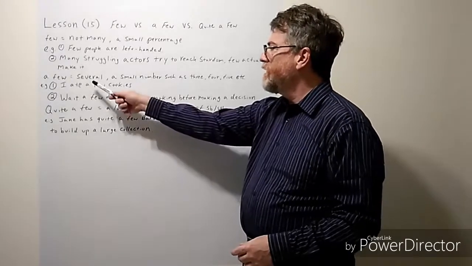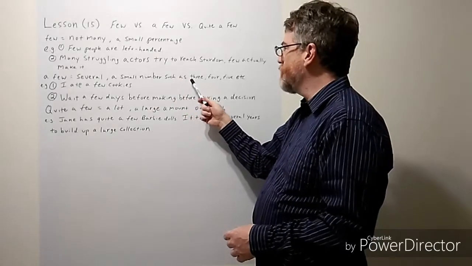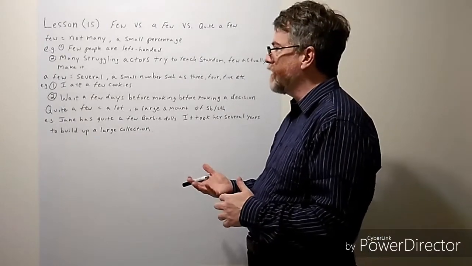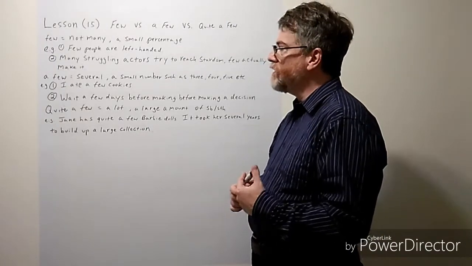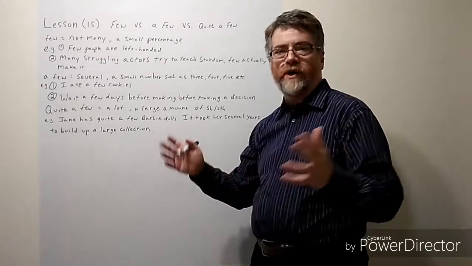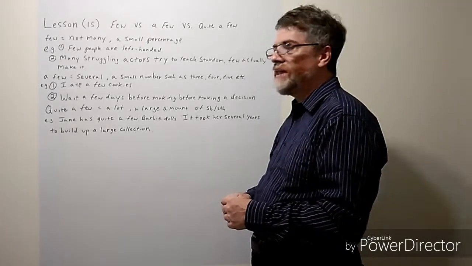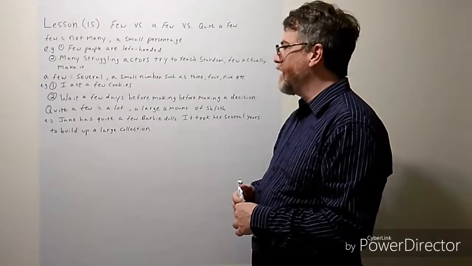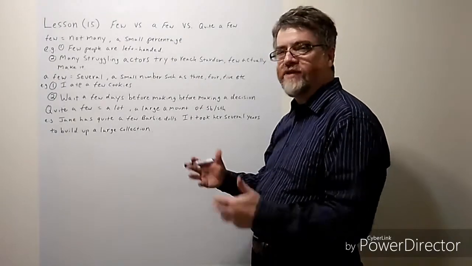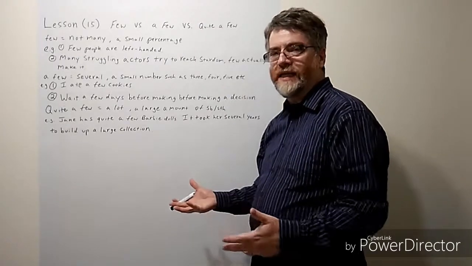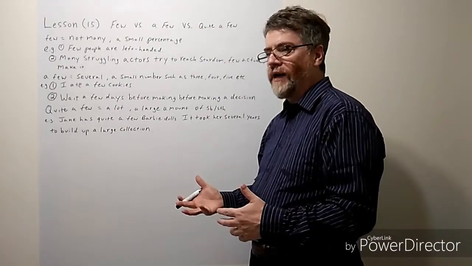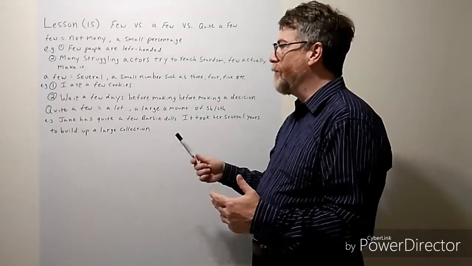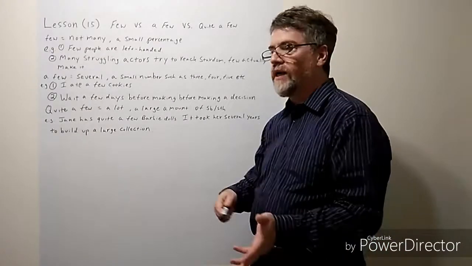A few basically means several or a small number, such as 3, 4, 5, etc. I would think of a few as kind of like the lower end of several. I did actually check, and a few could start at 3, but I think several needs to be at least 4. But several could be 4, 5, 6, 7, 8. I would say a few is probably more like 3, 4, 5, 6. Different people use it slightly differently. Some of them could try to stretch it. But neither one would make 2 digits. Neither one would go over 10. Depends upon how people use it. But I think of a few as kind of the lower end of several.